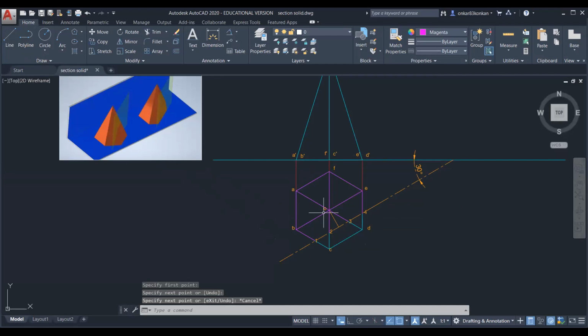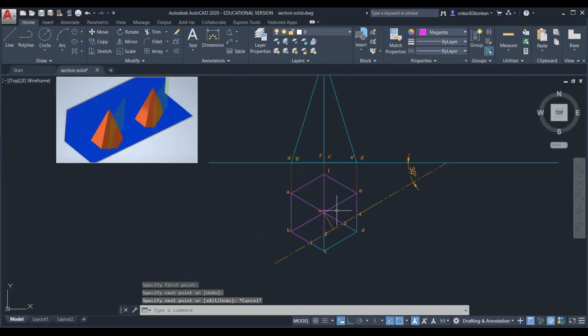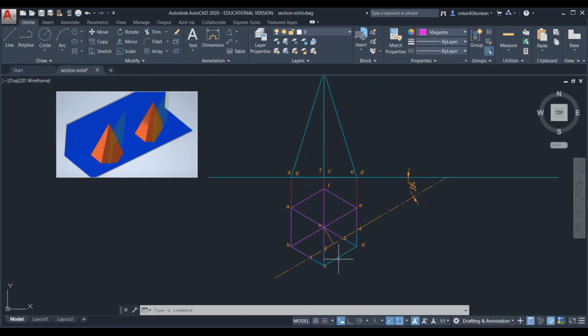Here the geometry which is shown by the pink color is to be removed, and this portion is removed. Now project these points 1, 2, 3, 4 in the front view, so we can draw the sectional front view.